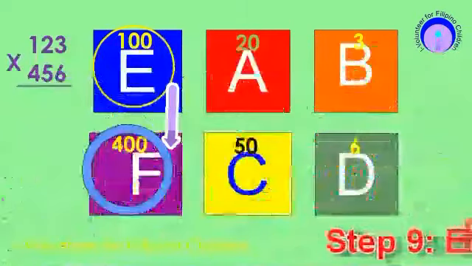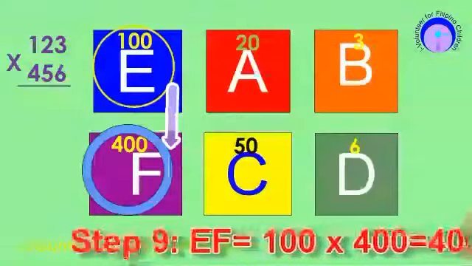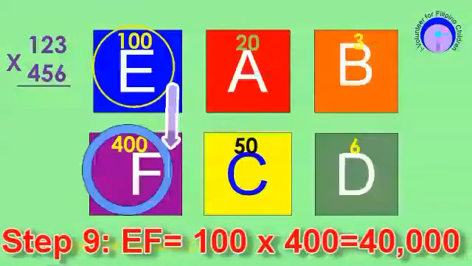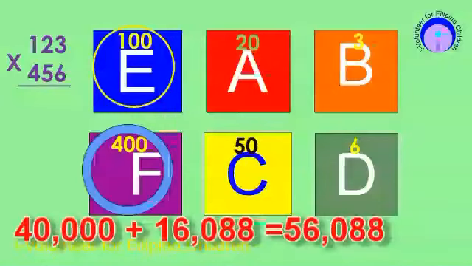Last step is to find the value of E and F. 100 times 400 is equal to 40,000. 40,000 plus 16,088